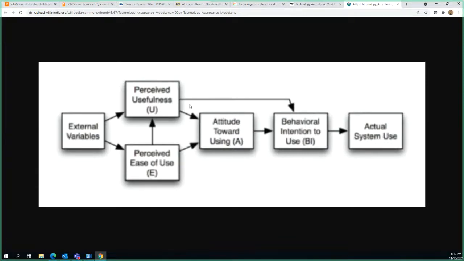But anyway, this is a user-centric focused acceptance model, okay? So you're concerned with what the end user or the stakeholders are considering and whether or not they're going to utilize that technology. And if you think about perceived ease of use, some of that could be accessibility, having voiceover and stuff like that in it, right? So you've got to kind of watch that.